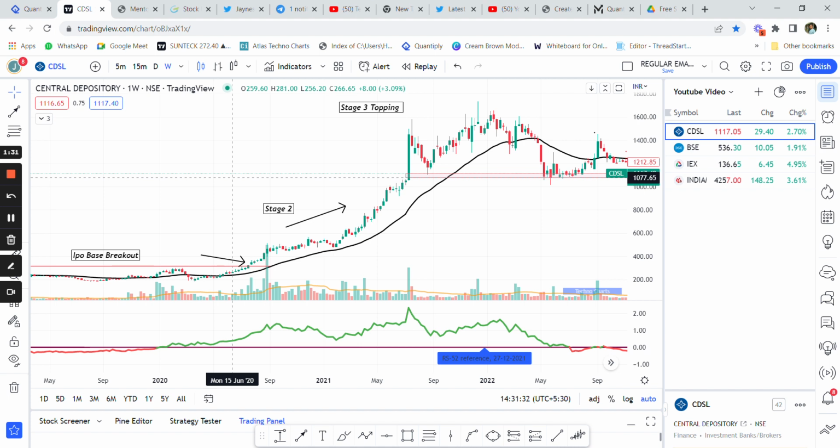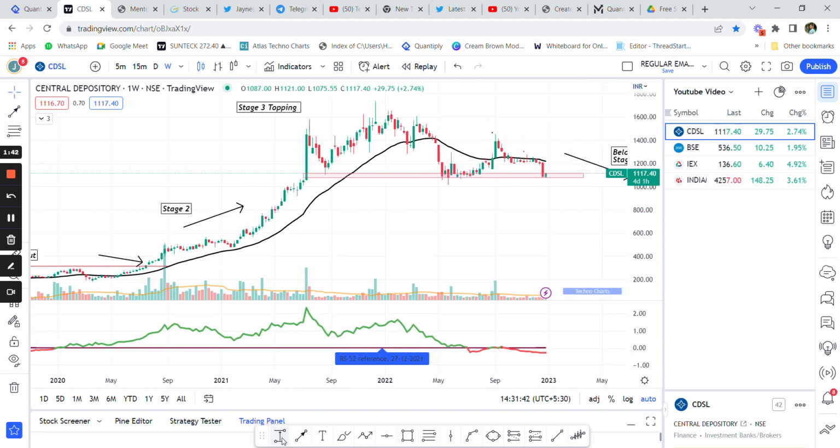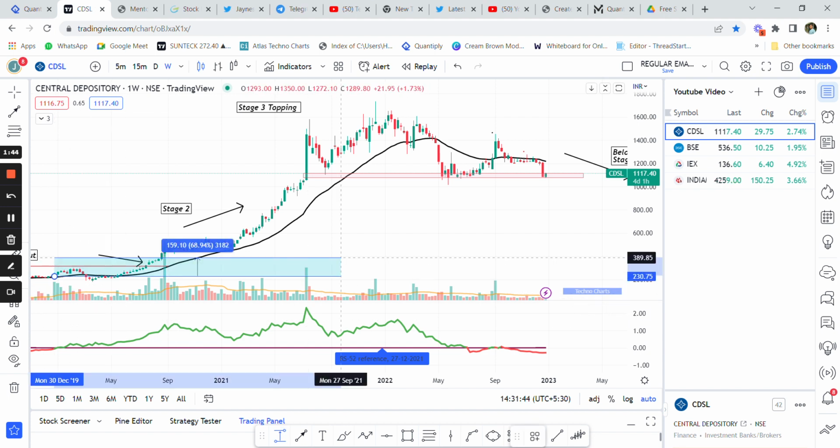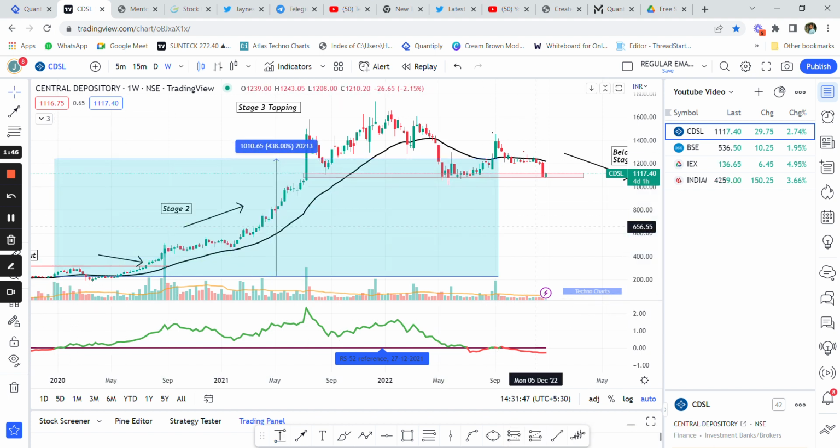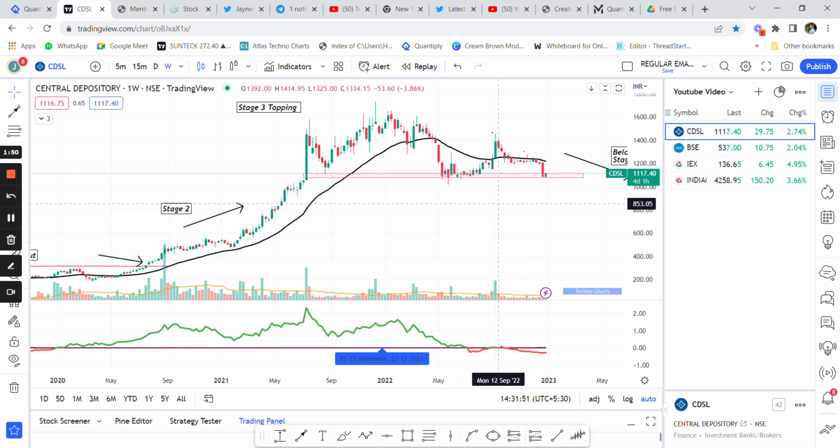So for capturing a bigger trend of a stock, you have to enter a stock when the stock is giving a stage 1 breakout and the relative strength of the stock is positive here, right? So we see the trend of the stock turned positive here and it turned negative. So a total of 438% was captured in a period of 2 years. This is all possible